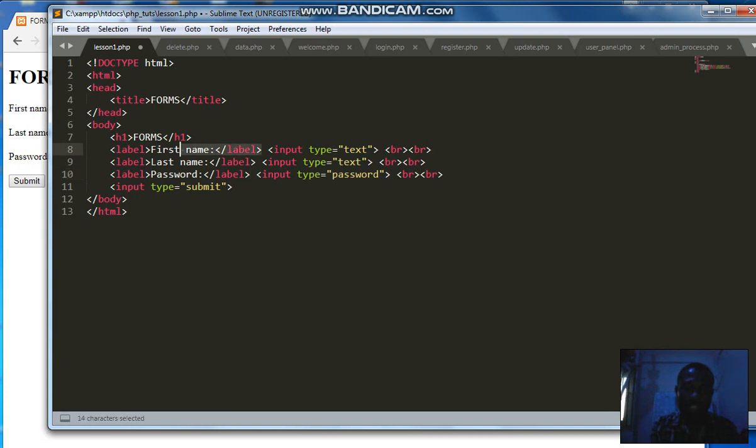So this is a label, first name, for the input which collects the first name, and this is the second label, which is last name, and this is the input for the last name, which collects information called last name. And we have an item here. Now you can have a value for this